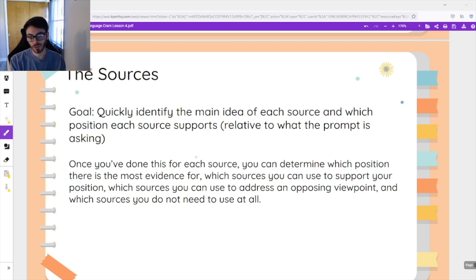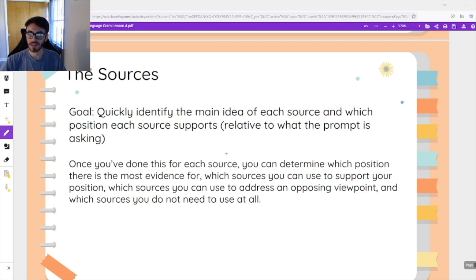You are going to want to look through each of your sources and quickly identify what the main idea is, right? Main idea is an idea you should be familiar with, the main point, the main concept, what the source is talking about mostly of each source, and then which position it supports based on what the prompt is asking. So if the prompt is saying, should we or should we not invest in self-driving car technology, you should be able to identify, okay, this source says we should, this one says we shouldn't, this one says we should, this one says we shouldn't, etc. And that's going to help you figure out which sources are most helpful to you